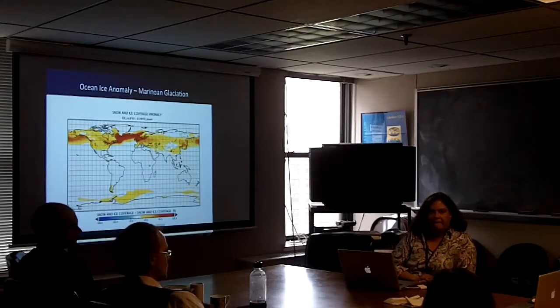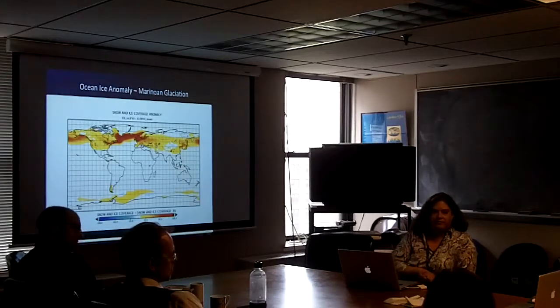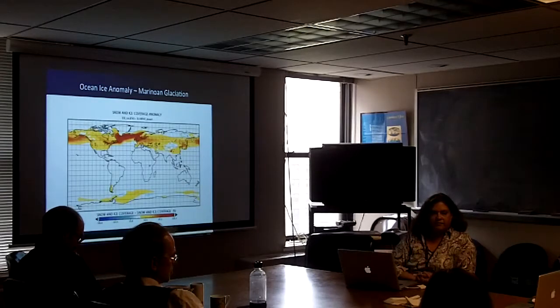You can have both goals in mind when you set up a series of experiments. One goal is to simply put in as accurately as you know the various forcings. And in our experience, and with a lot of coupled ocean models that have tried this, what they find is that you don't get a hard snowball solution for the best known forcings. But you can continue on and say, okay, well, how far do we have to push this to actually achieve the hard snowball Earth solution?